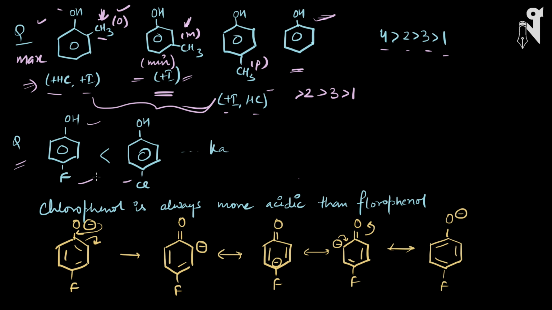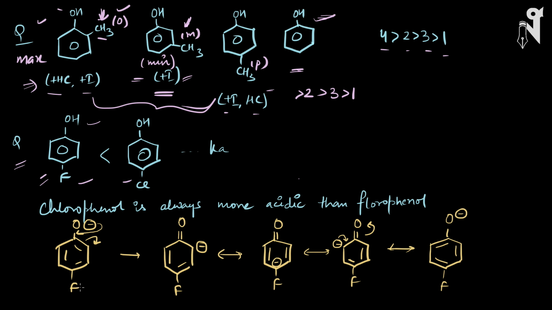See, fluorine and chlorine both have the opposite inductive and mesomeric effects, where we say that you can give more priority to the inductive effect and lesser priority to the mesomeric effect, and that is more prominent in chlorine than in fluorine. But fluorine and chlorine have a very similar inductive effect, with very slight differences, so that cannot be the parameter to judge which is more acidic. Here we have to look at the conjugate base stability by using the inductive effect, and also by using the mesomeric effect.